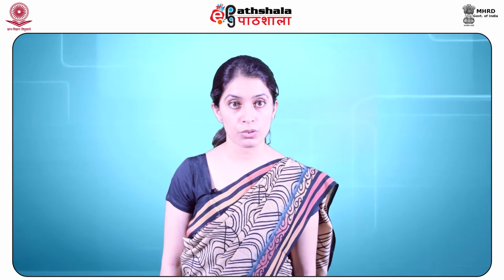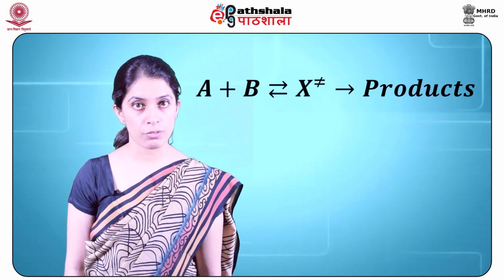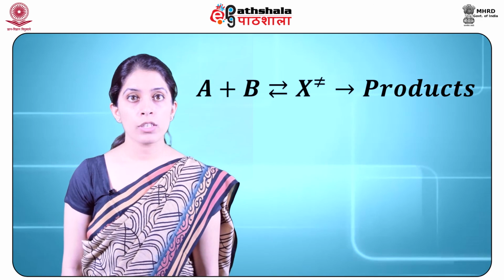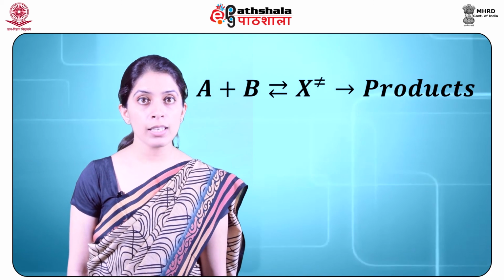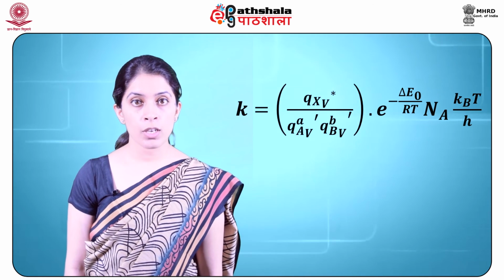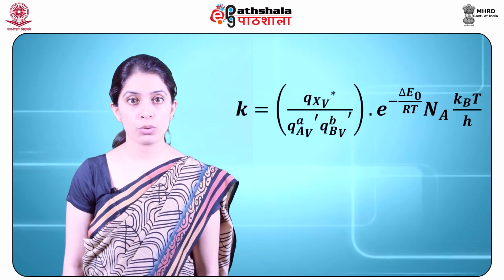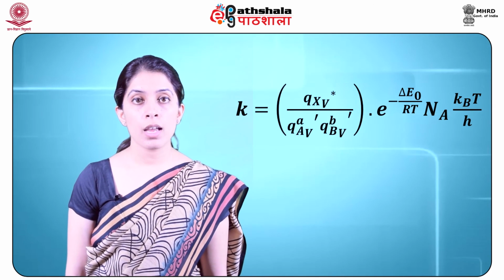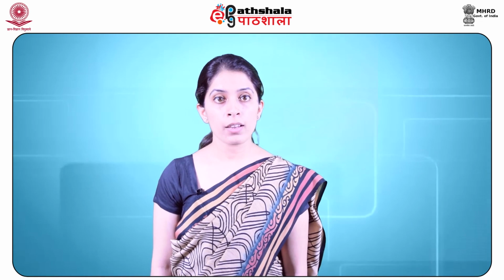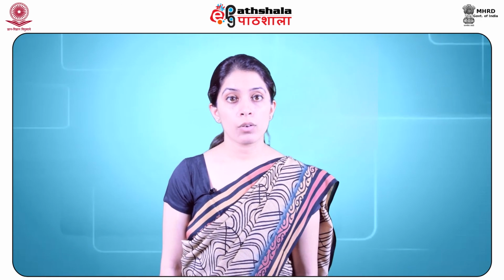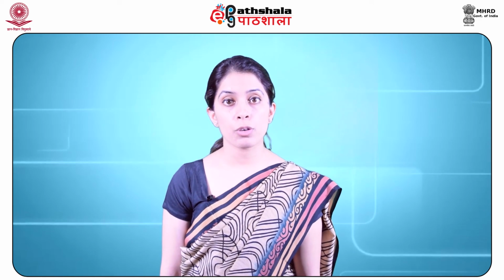So in all, in this module we studied the statistical thermodynamic approach to transition state theory. Over here we derived the expression for the rate constant in terms of partition function. We considered a reaction between two atoms A and B giving a transition state complex, which we assumed to be diatomic, which ultimately gives products. For this reaction we obtained the expression for the rate constant as Qx V star upon Qa V dash into Qb V dash into e to the power minus delta E naught upon RT into Na into kBT by h, where we further assumed that one vibrational degree of freedom is responsible for breaking of the bond or